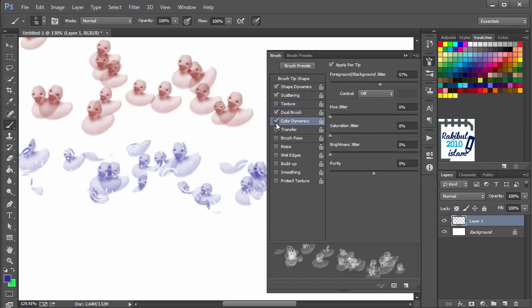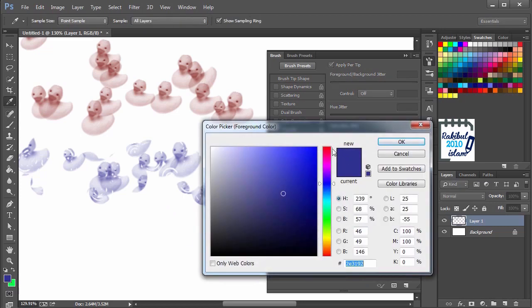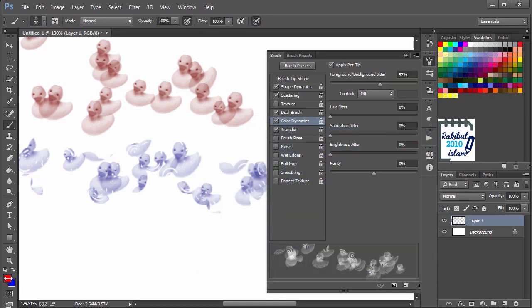You can choose the color dynamics that will allow you to use multiple colors instead of a selected color. You need to select the foreground color as well as the background color, and it will use this foreground and background colors to generate multiple colors dynamically.